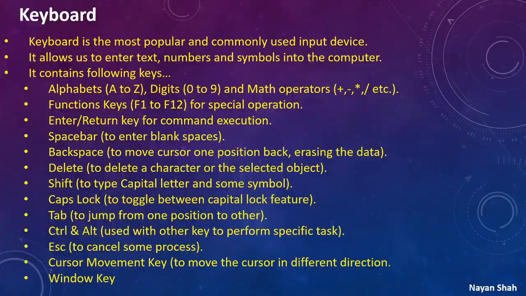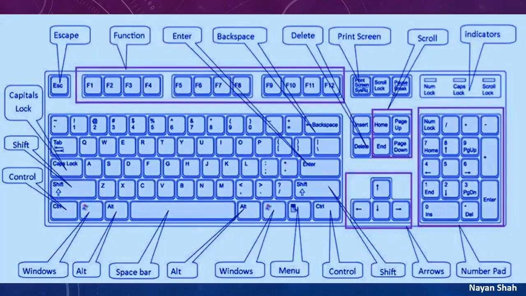Let us see the layout of the keyboard. This is the layout of the keyboard, and I know you will be familiar with all this. Just see that Escape is on the upper left, then we have function keys, then below we have all the numbers and symbols, Backspace, then we have all the alphabets. On the left hand side we have the Tab key, Caps Lock key, and the Shift key you will see on both sides. Both Shift keys are the same, you can use whichever is comfortable.